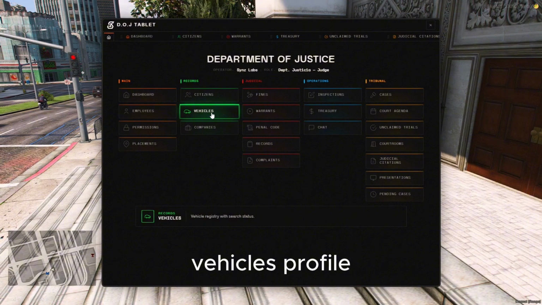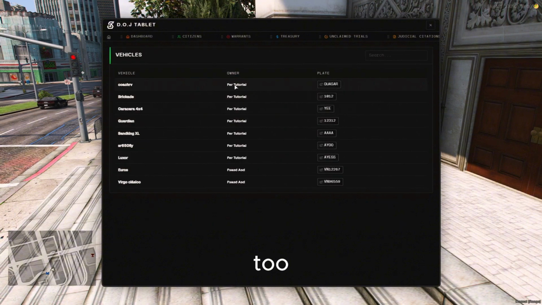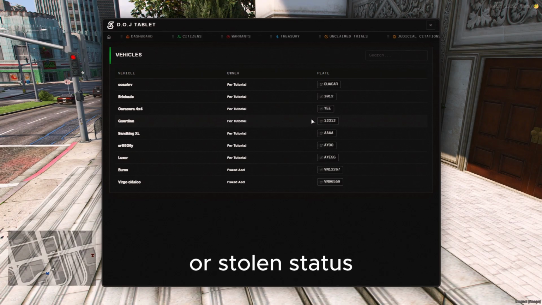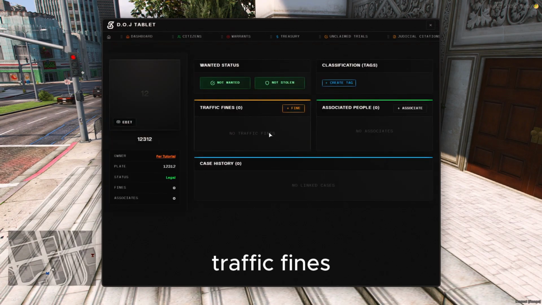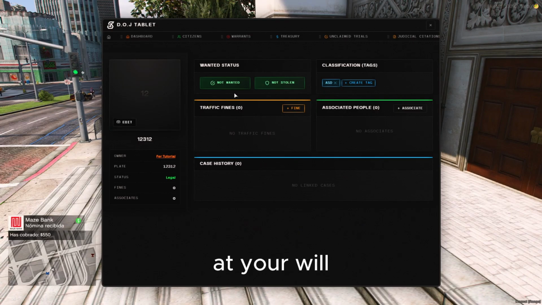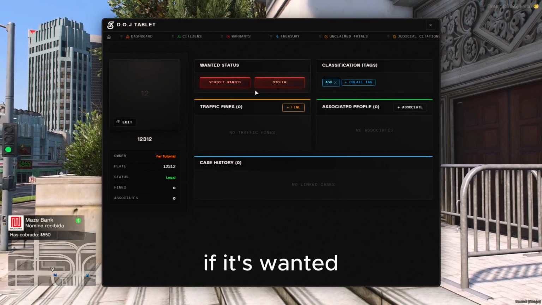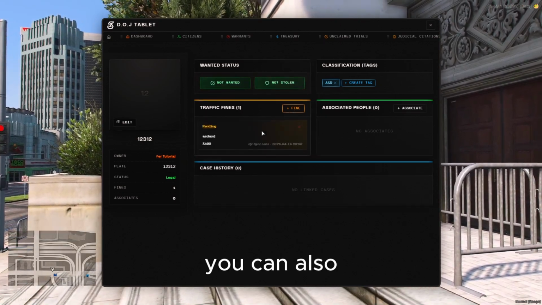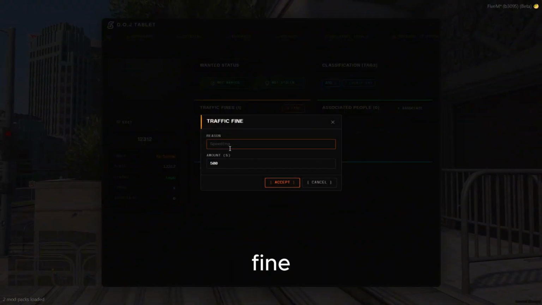Vehicles profile. Vehicles have profiles too. Photo, tags, wanted or stolen status. Link to traffic fines and associated individuals. You can also create tags at your will if it's wanted or stolen. You can also issue traffic fines